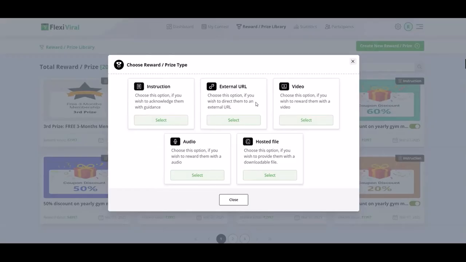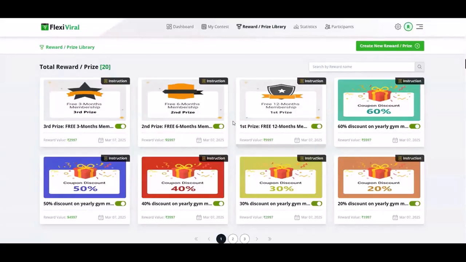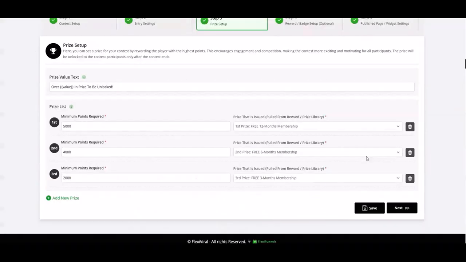For example, since our campaign is for a gym, I have created all the instruction type prizes and rewards. Once this is done, let's head up to the step 3 prize setup. Assign the prizes we just created and click on the save button to go to the next step,